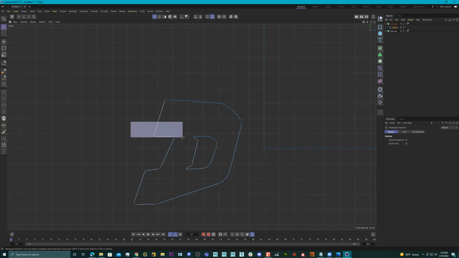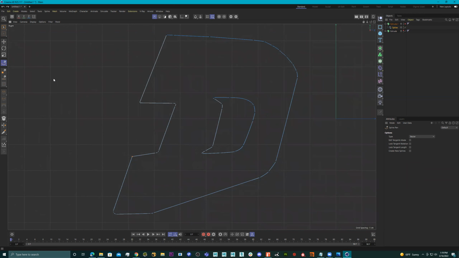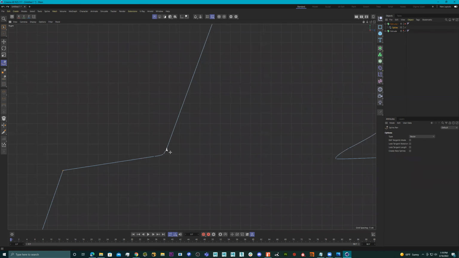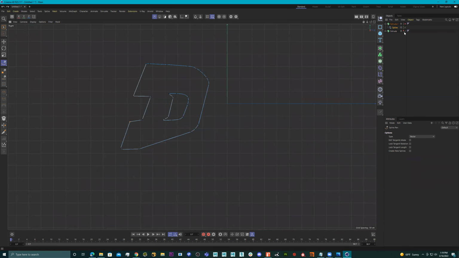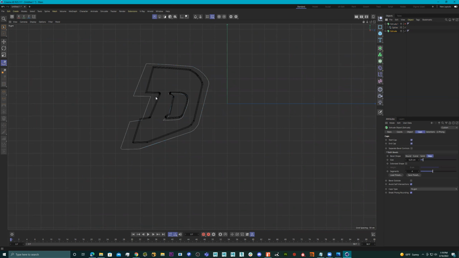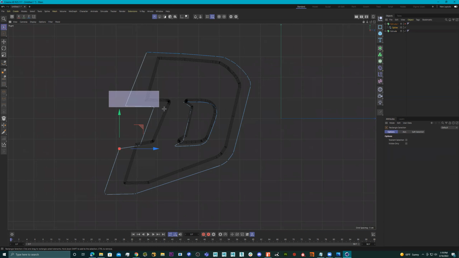So we can manipulate them here with this tool and the points, or we can go back into our pen tool and take a point and move it or operate on them, delete them, move them out, move them in. So we can do all that. So if I went here and clicked on this, so this is our extruded letter. And then here's my duplicate right here with the spline. I can go in here and just to be quick about it, I'll get my